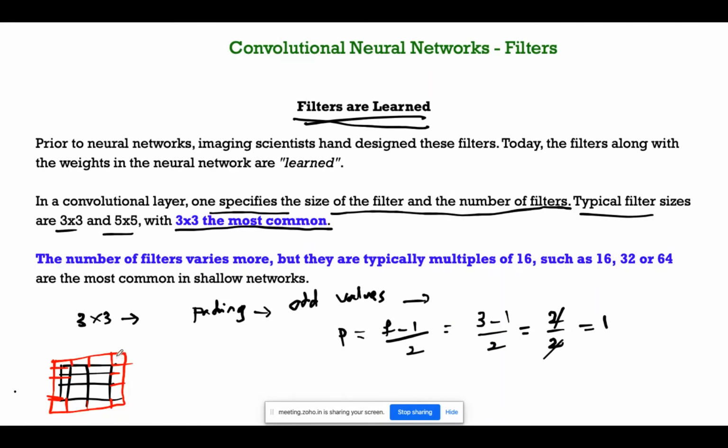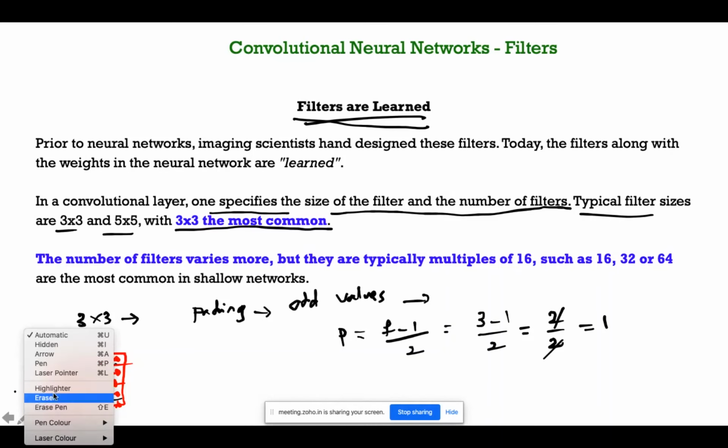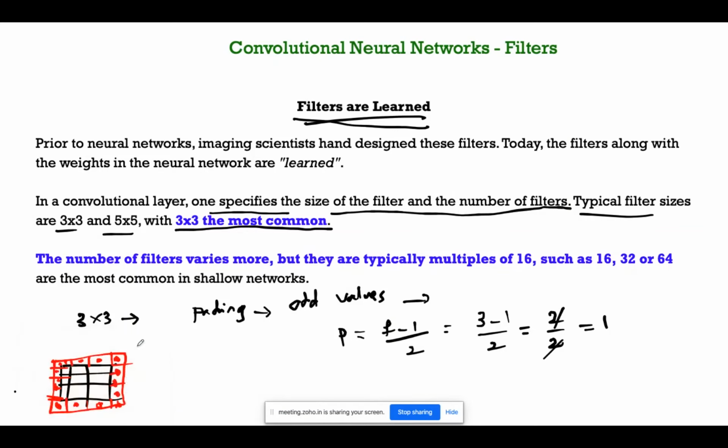Now I am able to add my zero padding here, so I can retain my original image. Imagine now, I'm going back to the real case. Let us say I have an even filter like 4 by 4. I am using it here.